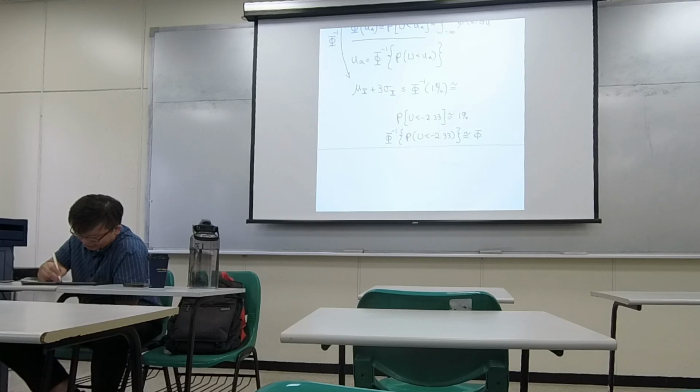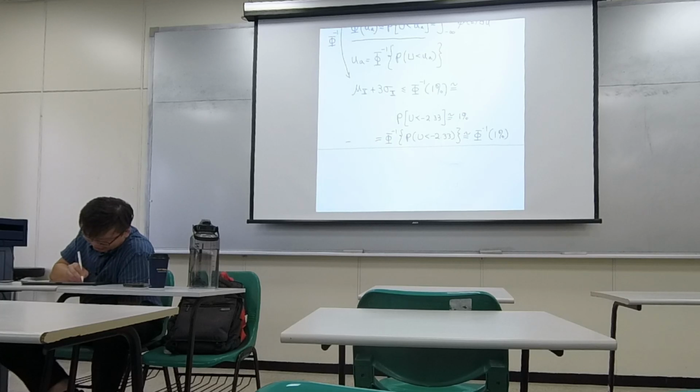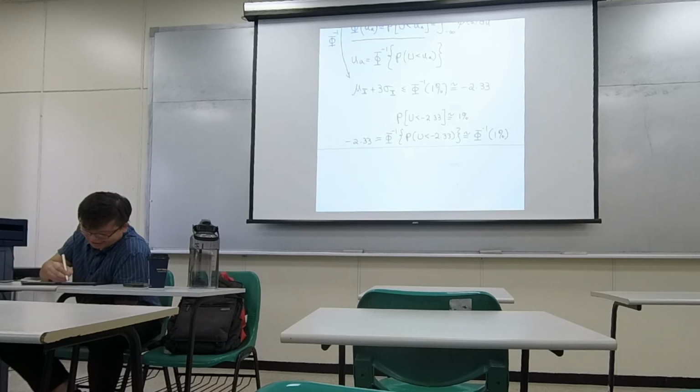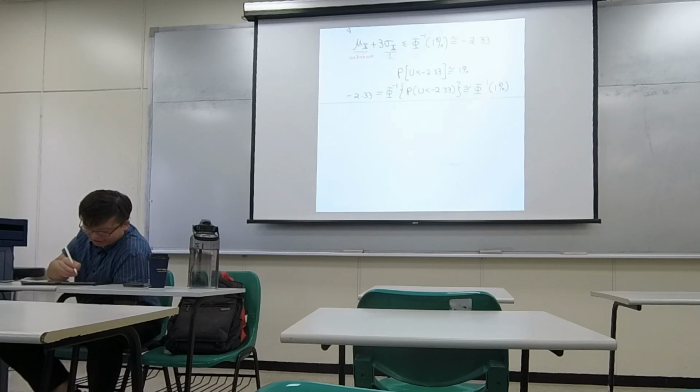It gives me negative 2.33. So over here, this is 1. This is unknown. But from here, I get mu X plus 3 times 1 smaller than 2.33. So mu X has to be